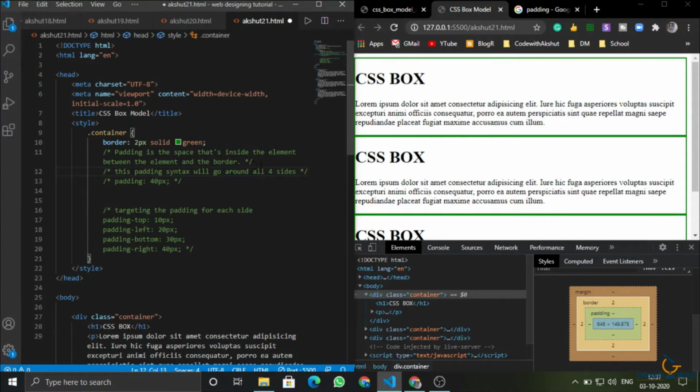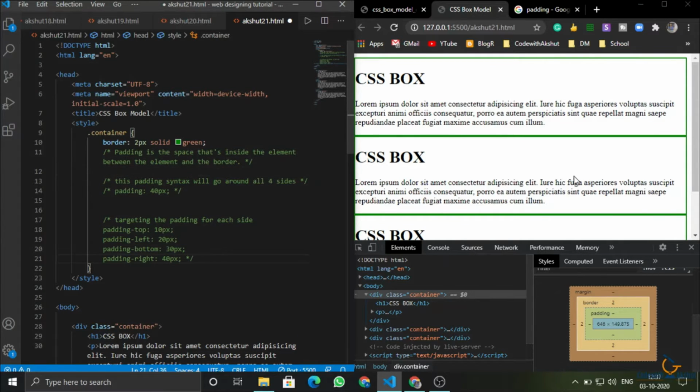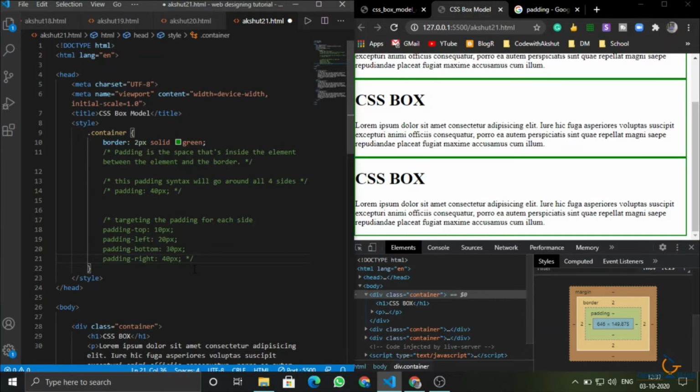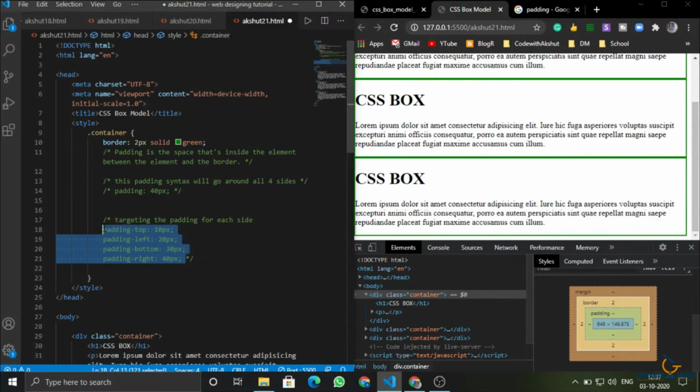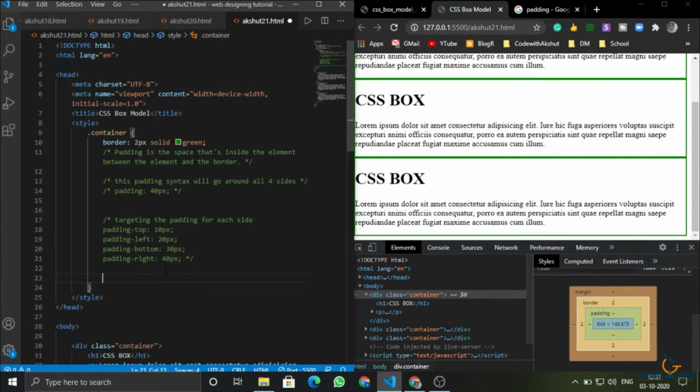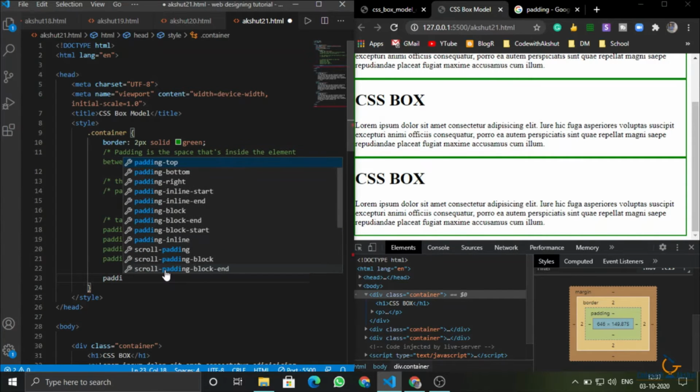But if we want to add this padding in fewer lines, you are able to see that we are writing four lines. Can it happen in less lines? Yes, it can.